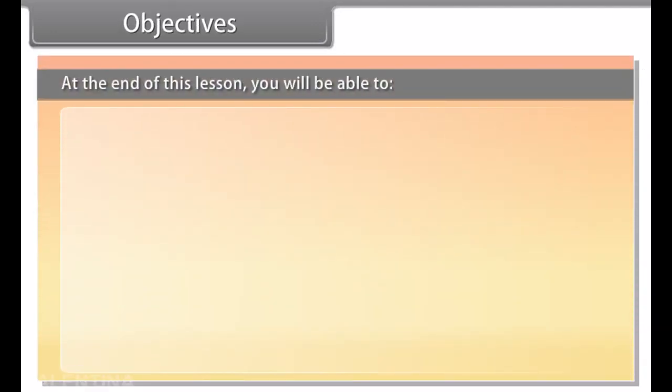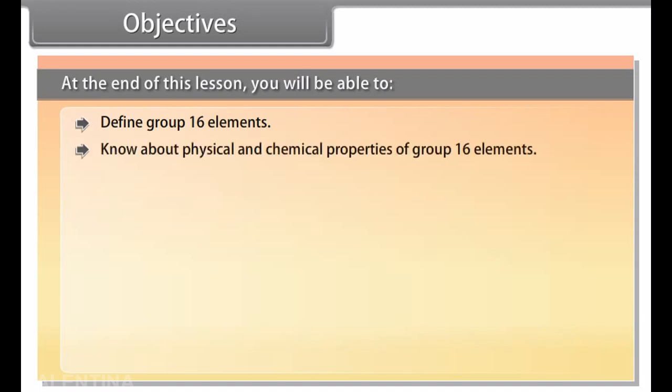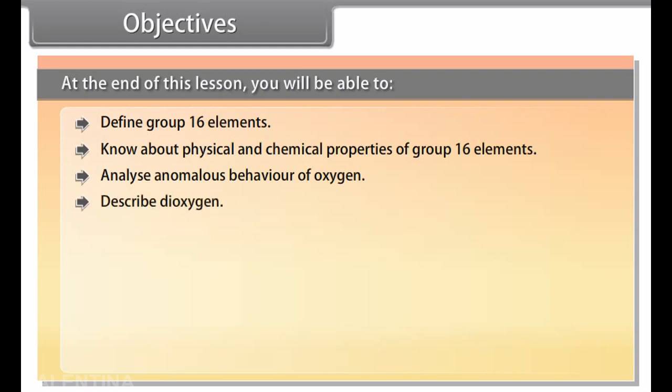Objectives. At the end of this lesson, you will be able to define group 16 elements, know about physical and chemical properties of group 16 elements, analyze anomalous behavior of oxygen, describe dioxygen, explain properties and uses of dioxygen,